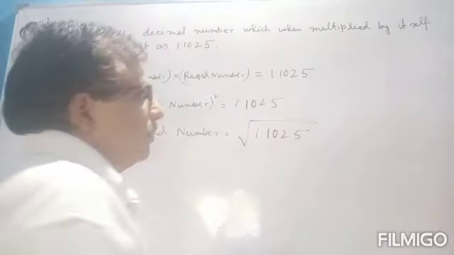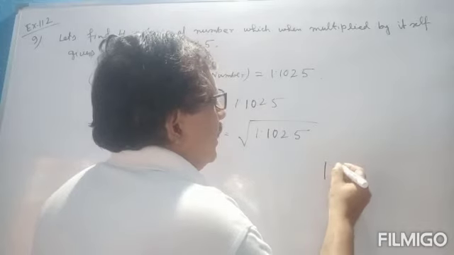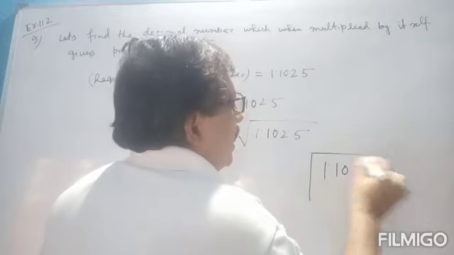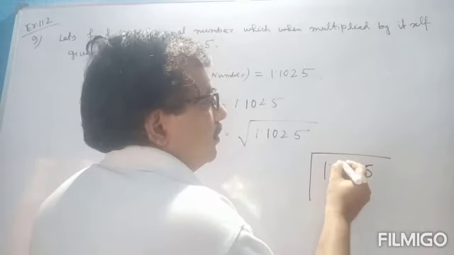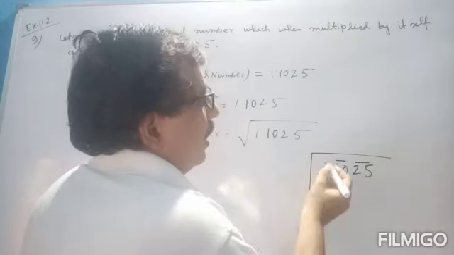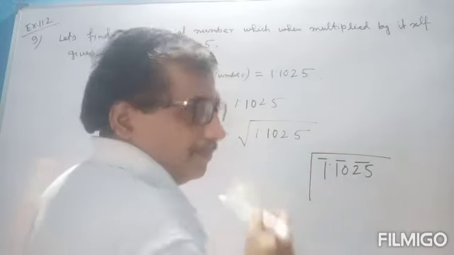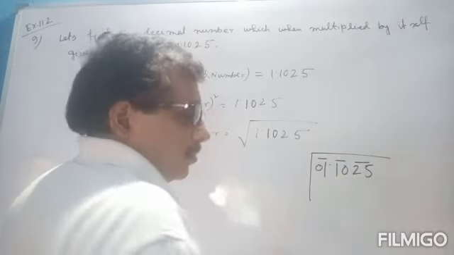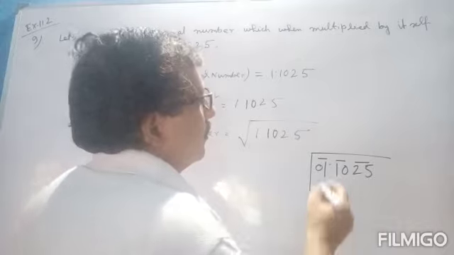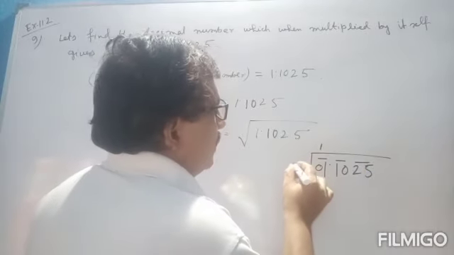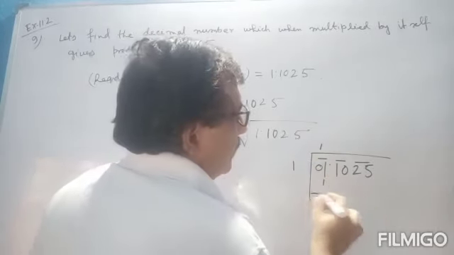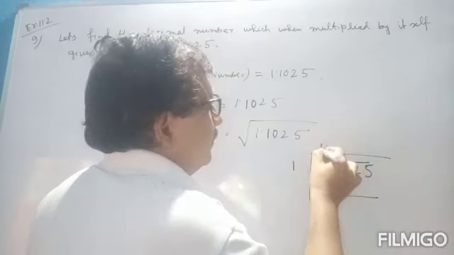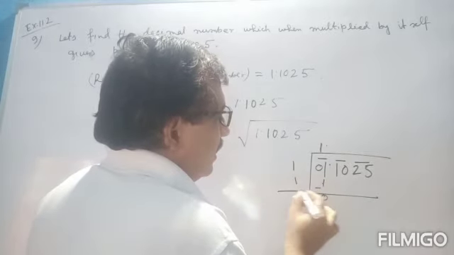So just find the square root of this. How do we find the square root of this? 1.1025. Take this sign and pair it. After decimal we go right, and before decimal we go left. So this is 1. That means we take 0 also. 1 ones are 1, so put here 1. There is also 1. Write 1, subtract this, we get this. The point is here, so take point, this 1, and this one again right here. Adding this we get 2.